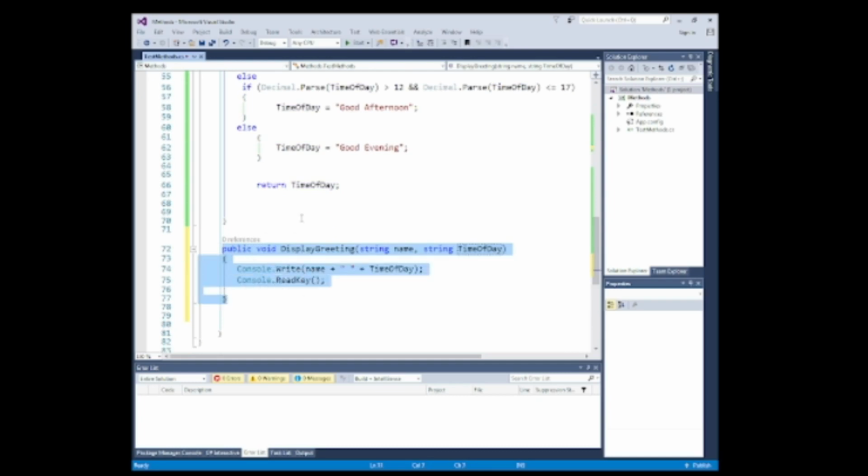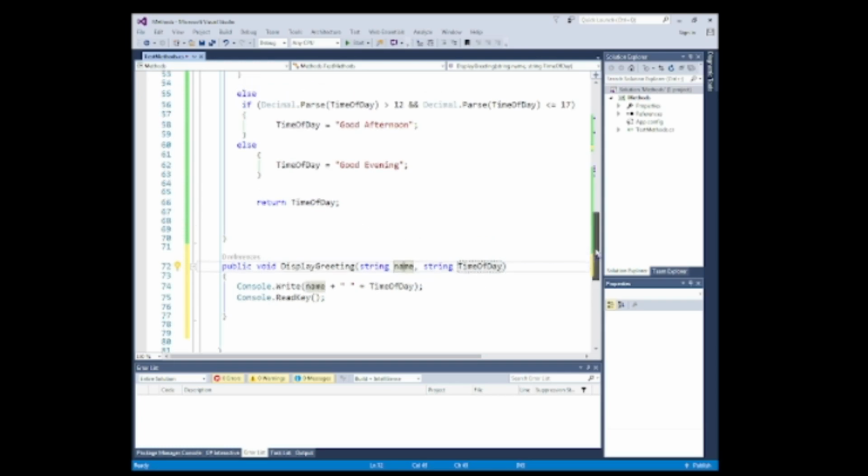The third method, all this does is it will display the greeting, and this is slightly different than the first two in that we are actually passing it arguments. We're passing it variables. Both of those variables are of type string. And the way we pass these is when we invoke this method, within the parentheses we will enter the names of these variables. So if we go right to the top again,